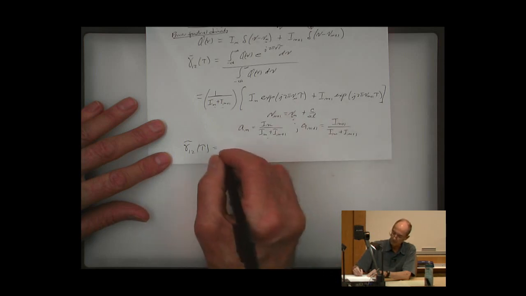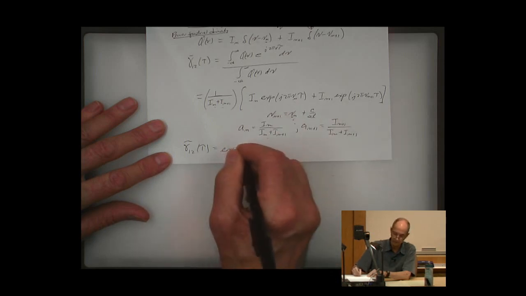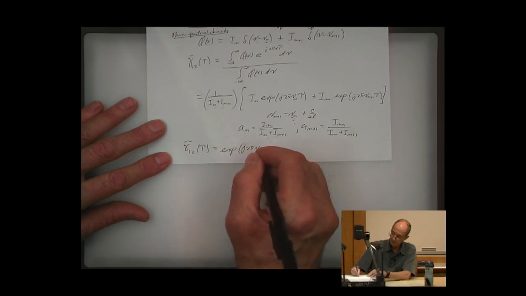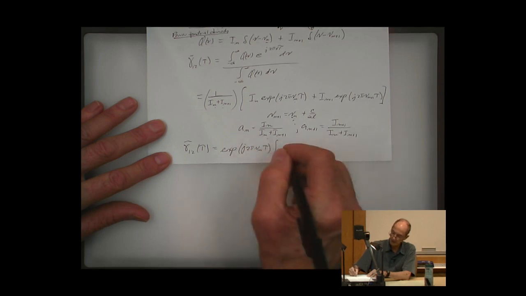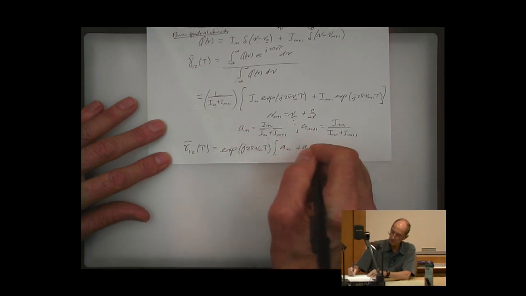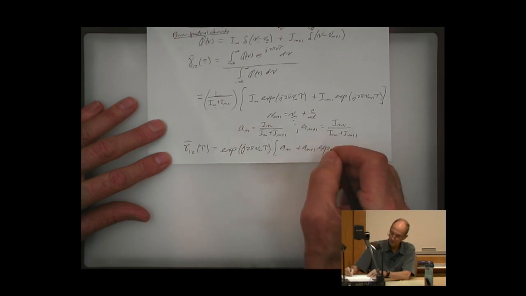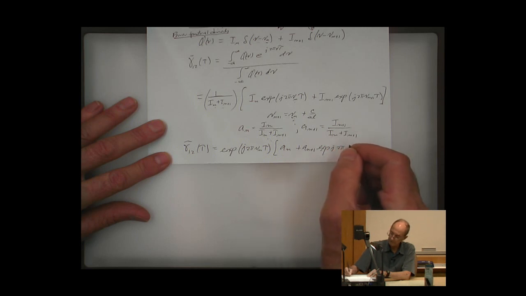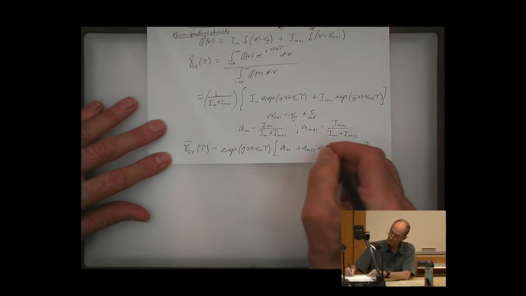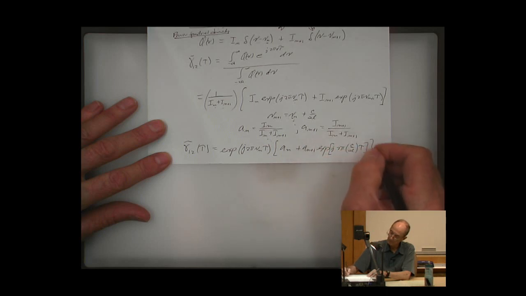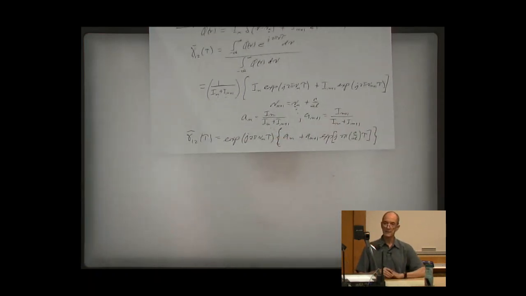So we have exponential of j 2 pi nu sub n tau, times a sub n plus a sub n plus 1 times exponential of j 2 pi times c over 2L times tau. Okay, so that's our complex degree of coherence function,